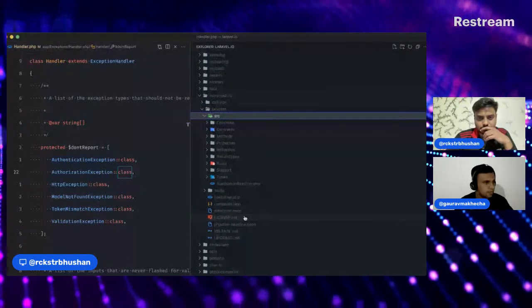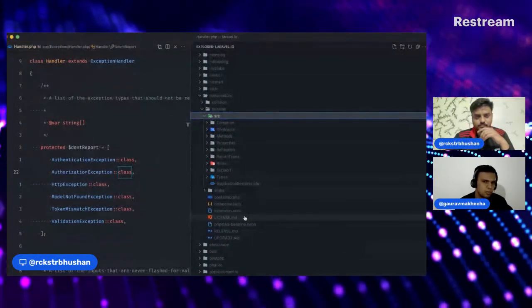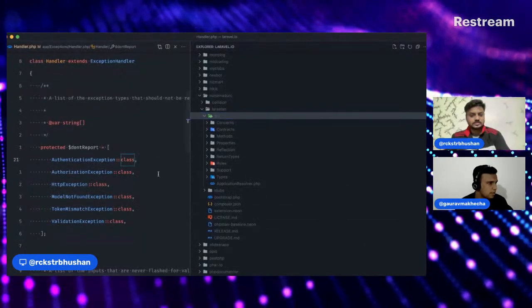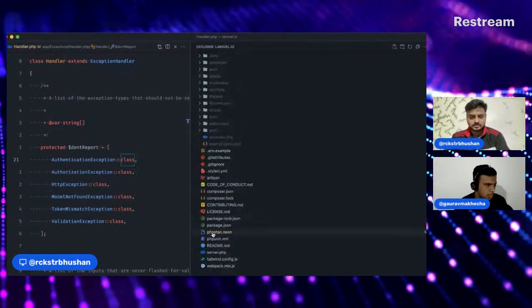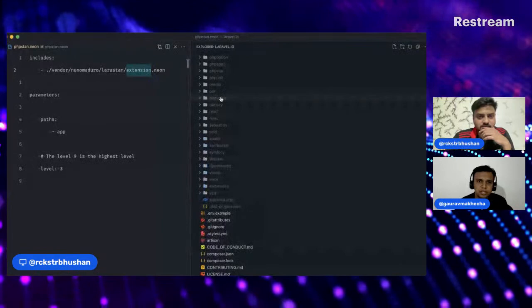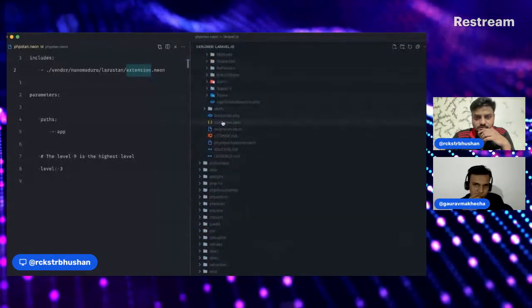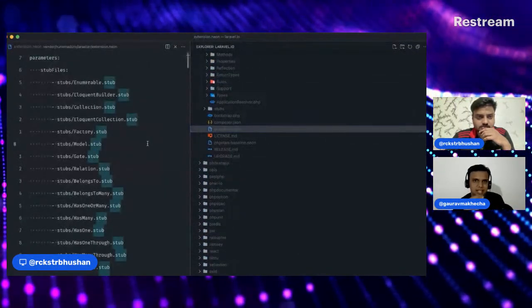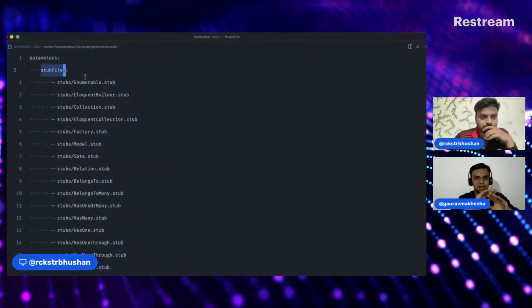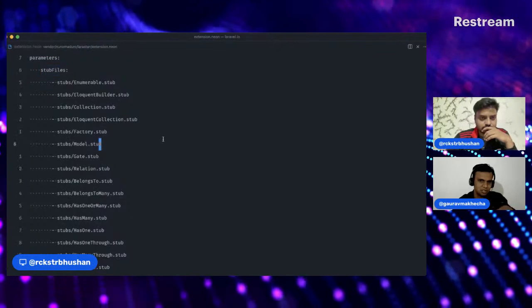Let me quickly search. Just a second. If you open the PHPStan neon file, there is a path there. Okay, so I'll open that file. Larastan, and then extensions. Yeah, that will tell us more actually. So open that extension neon. Now see, there is a path here, stub files. So there are many stubs here. Now open just one of the stubs that you like.